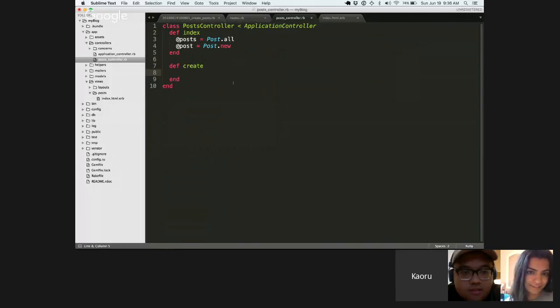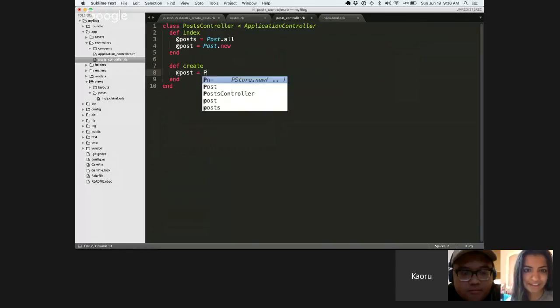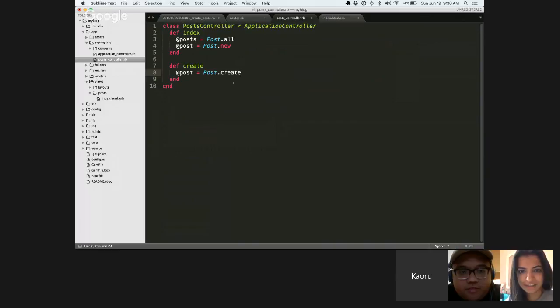At post goes post.create. Okay. How do I get the body? We're going to need to pass it the post params, but we have to create that privately. What am I typing? So Enter. Write private, and then underneath define post_params,